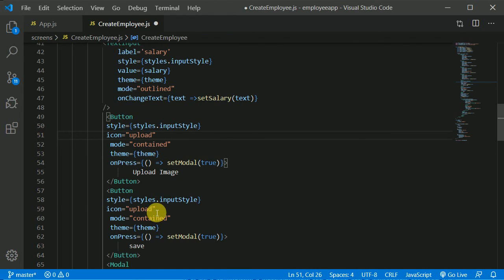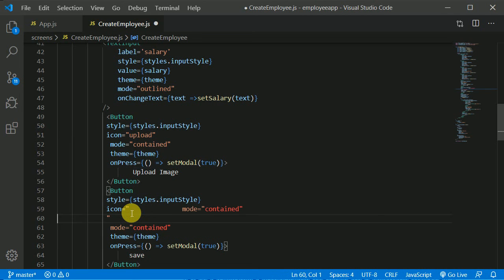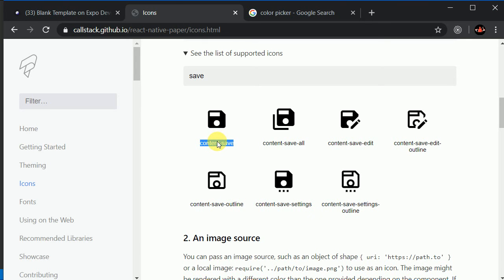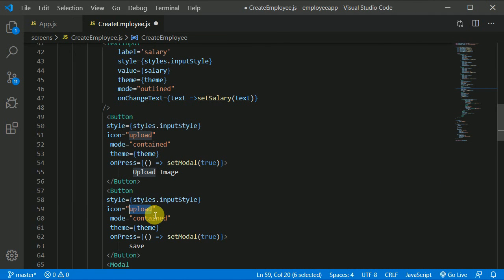We want to change this text, right? Control Z. What was that? Content save, copy this and paste it here, content save. And for now it will just console.log